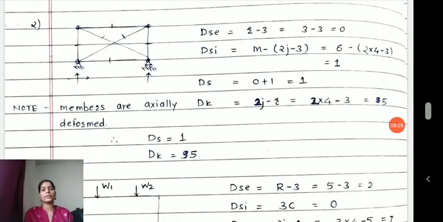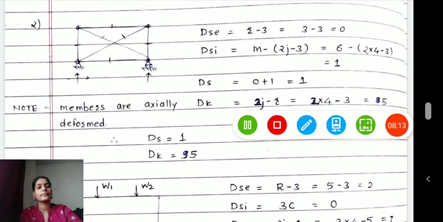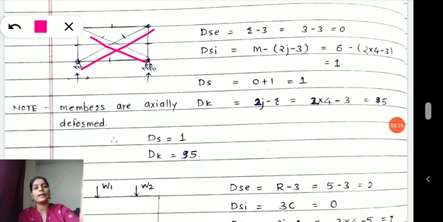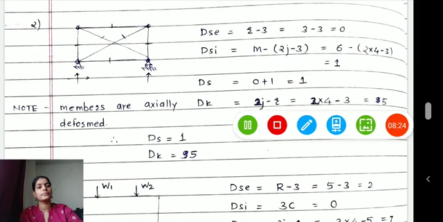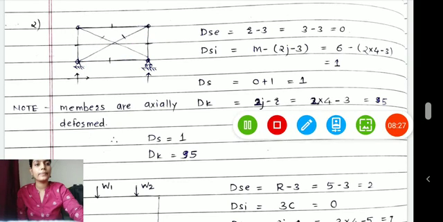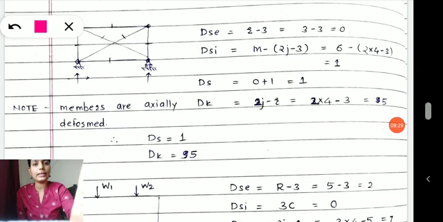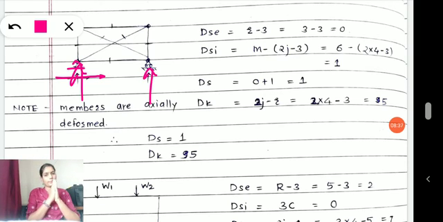Here in this next sum, you can see I have a rectangular truss with the bracings provided at its middle. See here, the bracings are provided in its middle. Now let's talk about the support reactions. In the support reactions, I can see here the hinge is provided, therefore 2 will be the support reactions, and here the roller is provided, therefore only one support reaction will be available. Now the support reactions are 3.